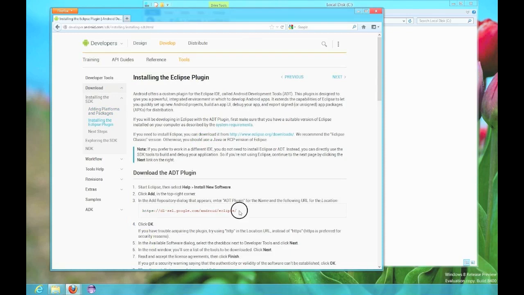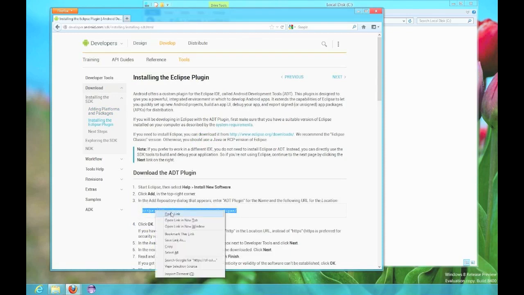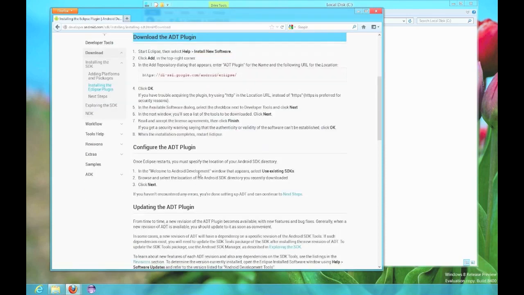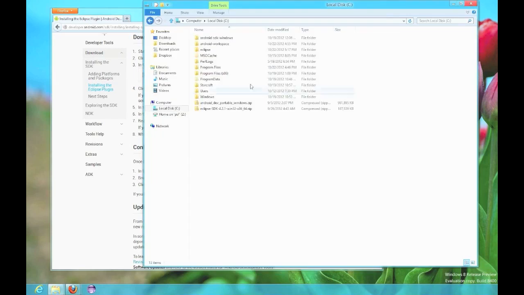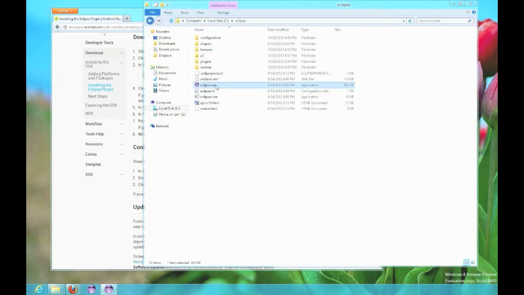So this is the line that I want you to copy. This is installing the Android development plugin into Eclipse. So if you can copy this, and now we're going to open up Eclipse on our C drive. So open up the Eclipse folder. We're opening up eclipse.exe,